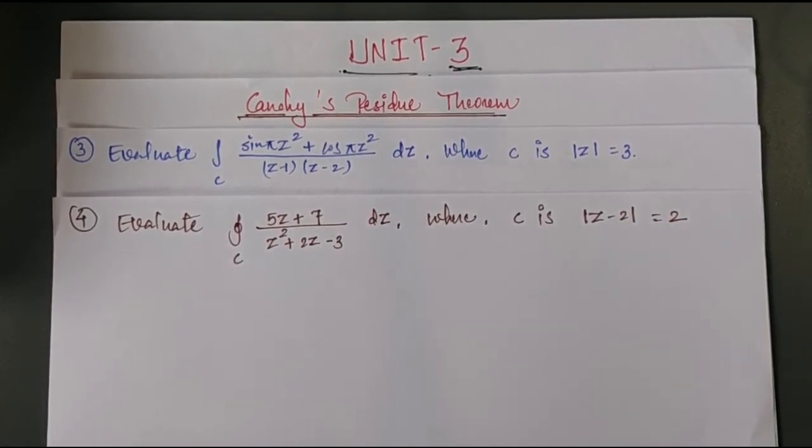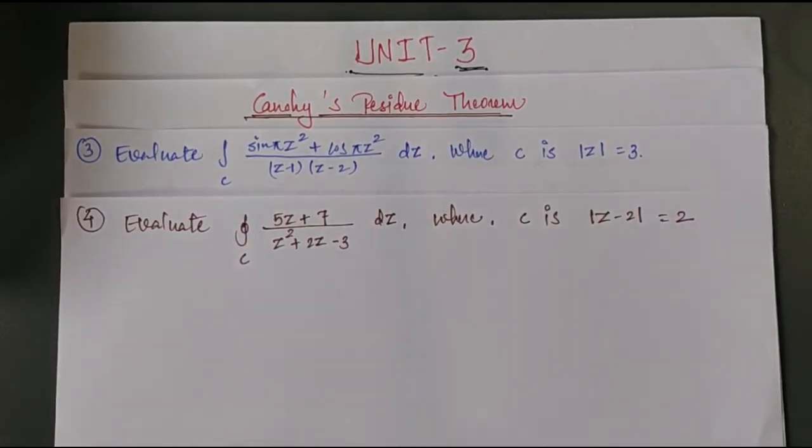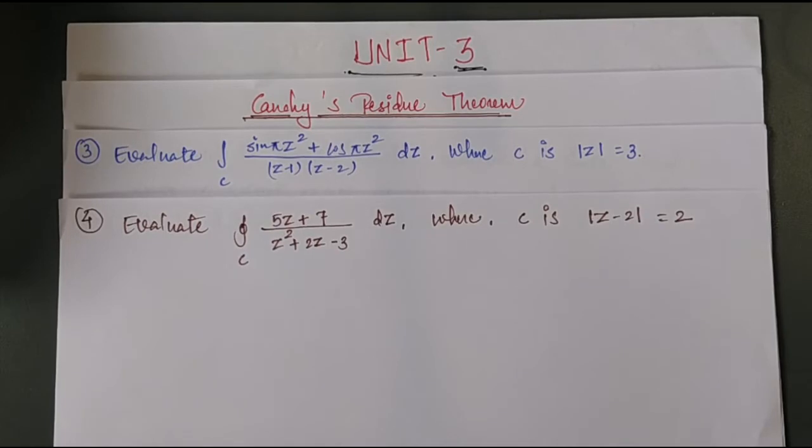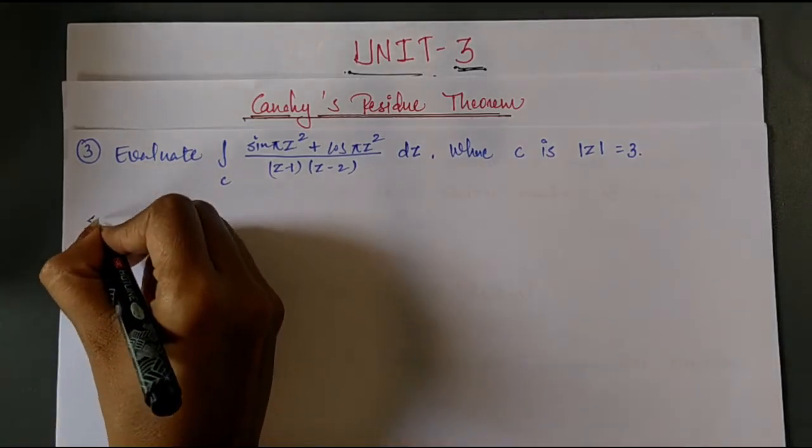So in this session I am going to continue with the examples of the Cauchy's residue theorem. Let's start with today's session and the question is given: evaluate the integral over C of (sin πz² + cos πz²) upon (z − 1)(z − 2) dz, where C is |z| = 3. This example is almost related to our previous sessions. Continuing with the same procedure of its solution, writing its solution,